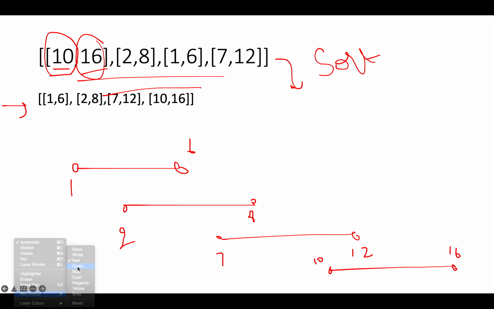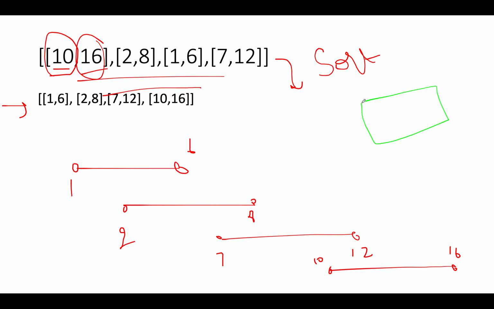Let me just change the color of pen. Let's get started. I'll create a variable that will signify the reach of my current balloon. So if the next upcoming balloon lies within the reach of the current balloon, then a single arrow will be needed for that purpose. And let's define the number of arrows that are actually needed for bursting out all balloons. So let me just write it here, and by default, let's initialize it to 1. And let's update the reach equal to the ending terminal of my first balloon, which is nothing but 6.